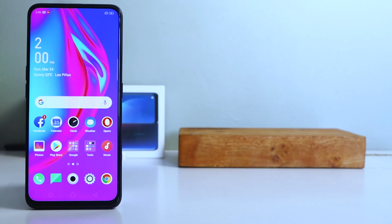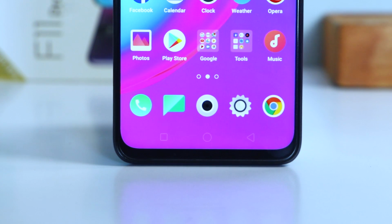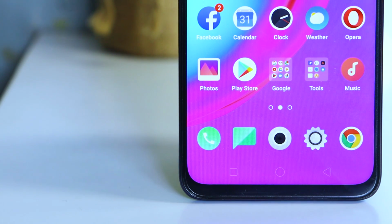premium. Moving on to the display, OPPO has gotten rid of the notch and gives you 6.5 inches of real estate for all your content. This gives the device a screen-to-body ratio of 90.9%. Powering the phone is the new Helio P70 octa-core processor, which offers up to 13% better GPU performance compared to the previous generation, along with the 6GB of RAM and up to 128GB of storage, expandable using a micro SD